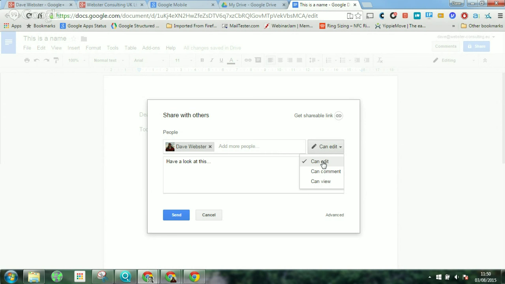Or if you spend hours on a spreadsheet, we'll cover the spreadsheet in a minute, but if you've spent hours on a spreadsheet and you don't really want any of the formulas mucked up, you might want to choose this option here so that they can only comment on your document, which is always helpful to get a second pair of eyes to look at anything. Or if it's just for information only, they can only view that document. So for this example, I'm going to say that I can edit my own document. And then you hit the blue send button,